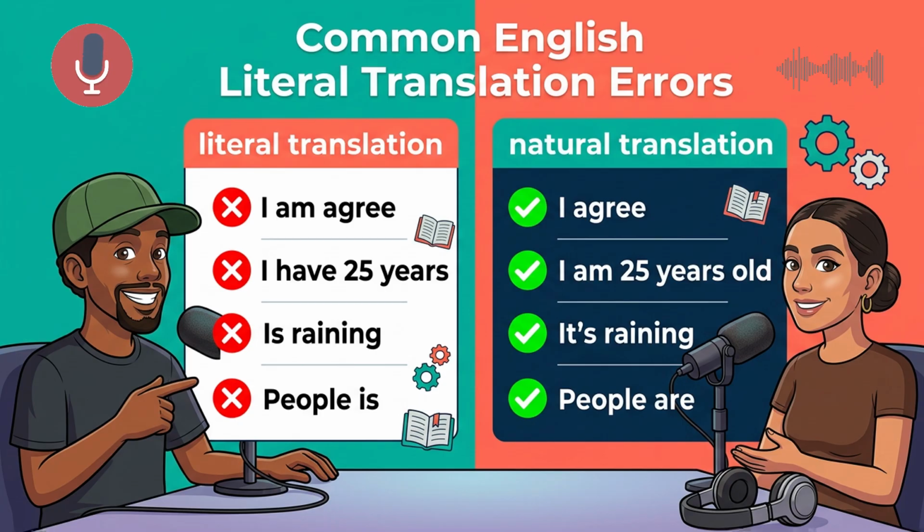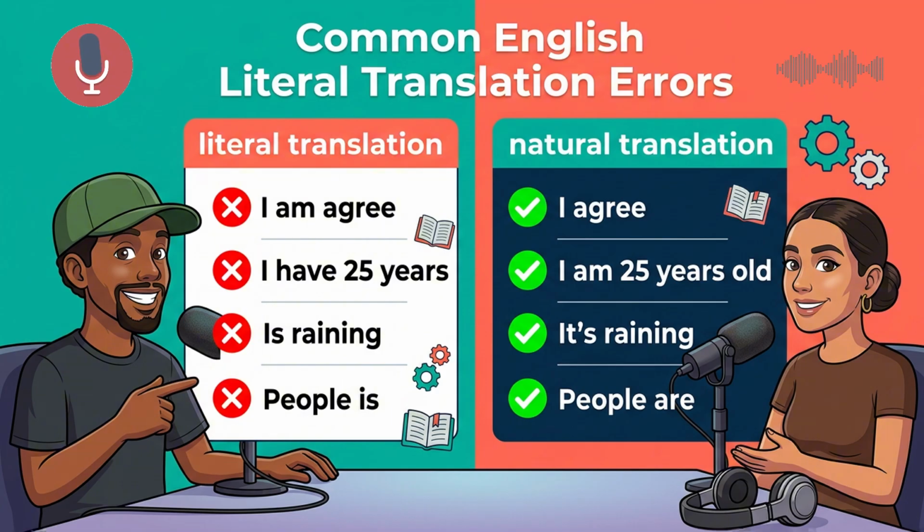This issue of forcing the word am into places it doesn't belong is fascinating. But as I read further into these linguistic studies, I noticed another massive trap. It is actually the exact opposite problem. Sometimes the Spanish brain wants to use a word for possession when English wants to use a state of being. You are talking about how we express age.